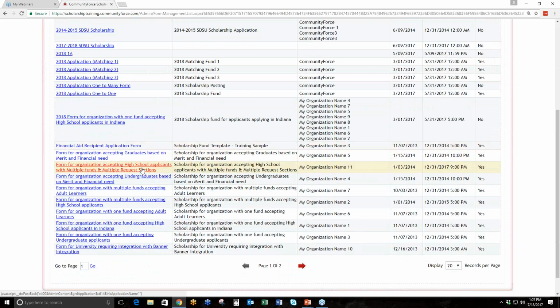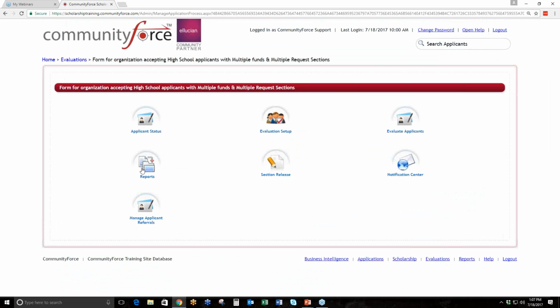I would select that application. And then once I select it, I come to that evaluation dashboard. Now last week, remember, we were in evaluation setup. That's where we set up the tasks, we created the committees, and then we assigned the applicants to the committees as well as the tasks that the committees were going to be assigned. So today we're going to talk about the evaluation process, how to evaluate, how to monitor, and review that here